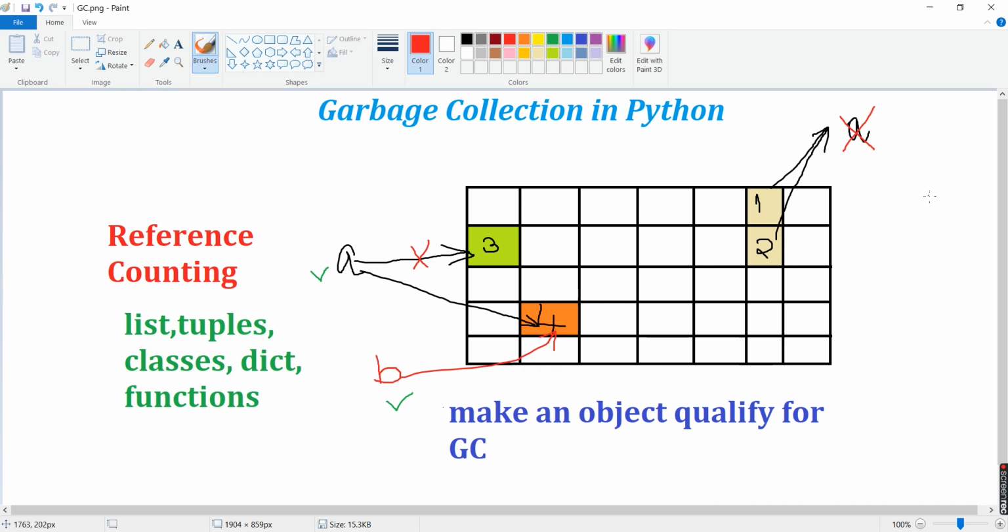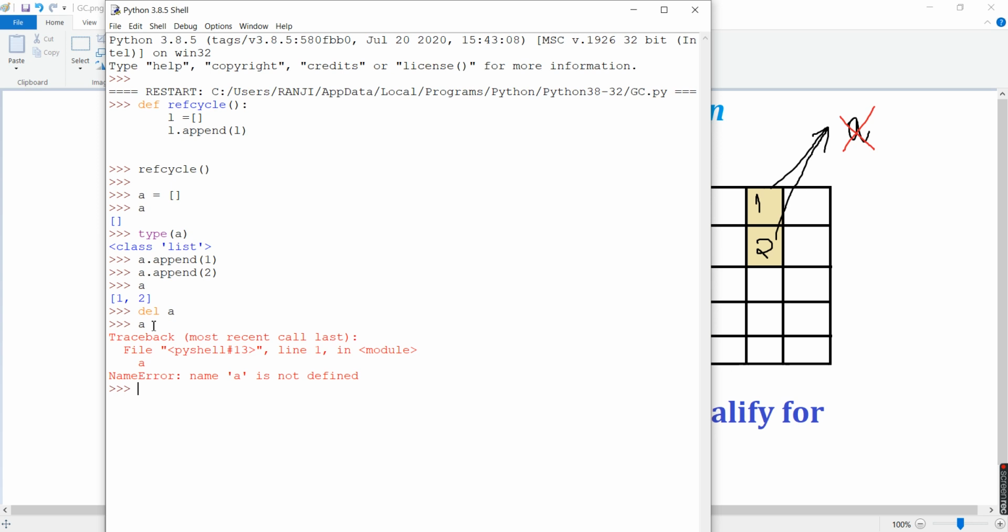Internally the Python interpreter understands that a variable has been freed with the help of this particular keyword. This del is basically for deletion. So in the memory that particular variable is deleted and the interpreter understands that we want to do garbage collection. Manually, this is how we make an object or variable a trigger for garbage collection.